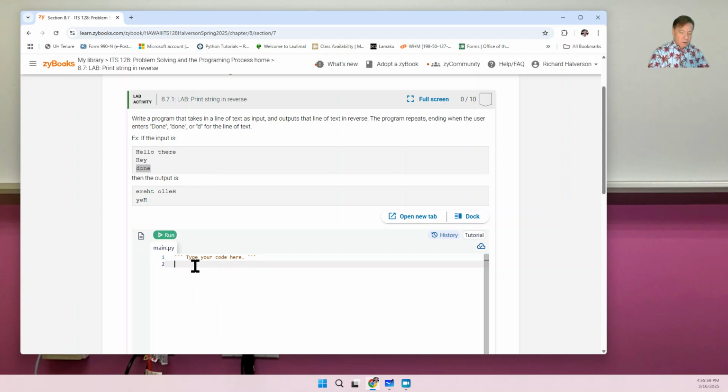So first of all, let's ask the user for the input. Word, I'm going to call it a word. No, it doesn't have to be a word. It's a user input equals input. It's a string. And then I have to check to see if the user typed in done. So I'm going to use a while loop, and as long as the user has not typed in done, while user input is not equal to done, then